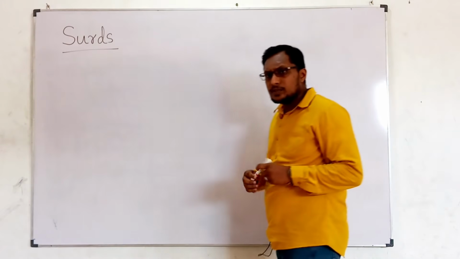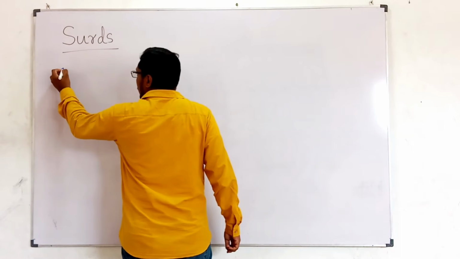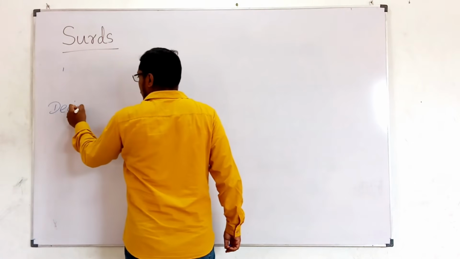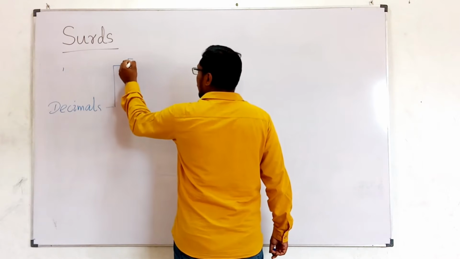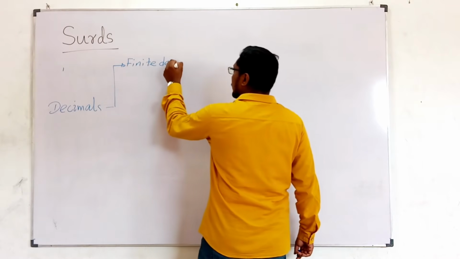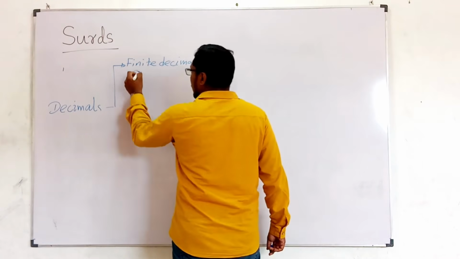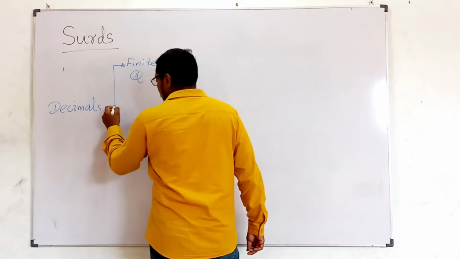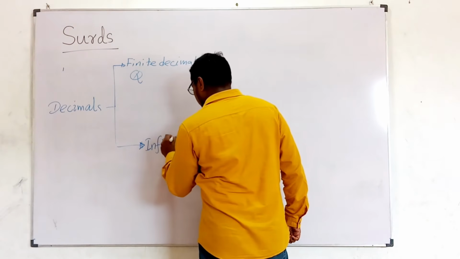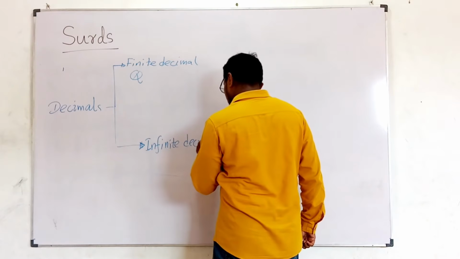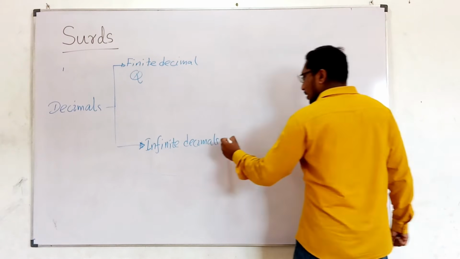In real numbers, we learned something about decimal numbers. There we found three types of decimals. So let's remember them. First, finite decimals, and we put those numbers into the set of rational numbers. From the other side, we had infinite decimals.